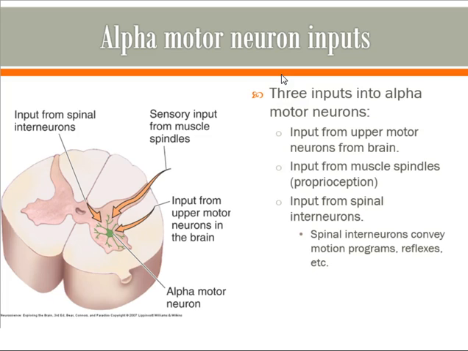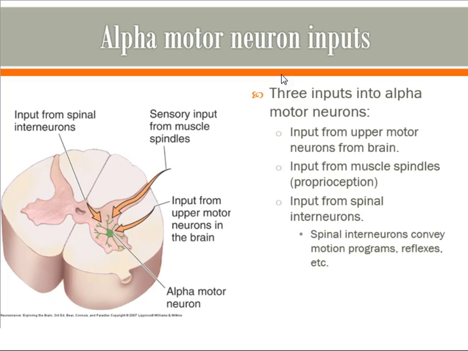So we're getting muscle movement as a result. These guys do get lots of input from the upper motor neuron. I tend to think of the main pathway for typical movements as: you get a signal up in the brain going down the upper motor neuron that causes the alpha motor neuron, which is a kind of lower motor neuron, to carry its signal to the muscle cell. But you'll also have other kinds of inputs coming in. For example, we'll get input from the muscle spindle proprioceptors themselves. Again, this is getting ahead of ourselves, but all this stuff is connected.